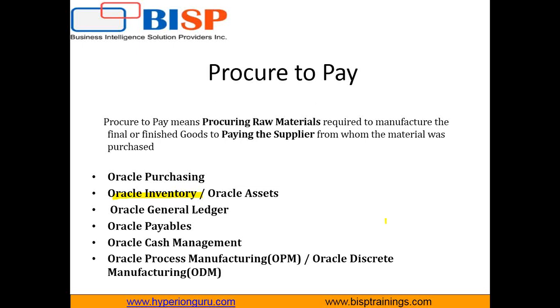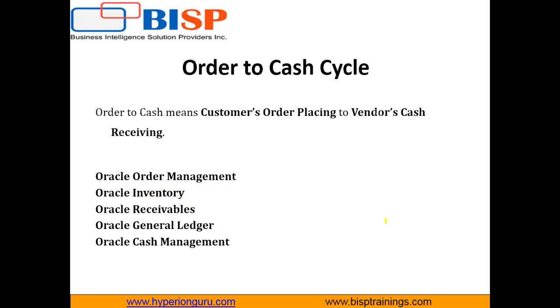So when we discuss order to cash, it is nothing but a customer places an order with you, and you're going to fulfill his order as a supplier, right? So when you're thinking of the procure to pay cycle, you should place yourself as a customer. That is, you're going to receive goods from a supplier. But when you come to the order to cash cycle, you should place yourself as a vendor or a supplier